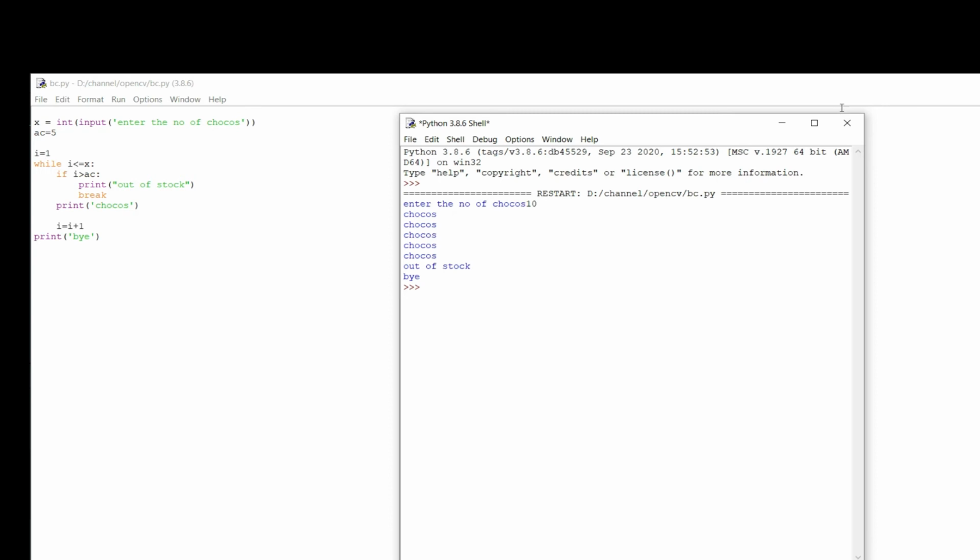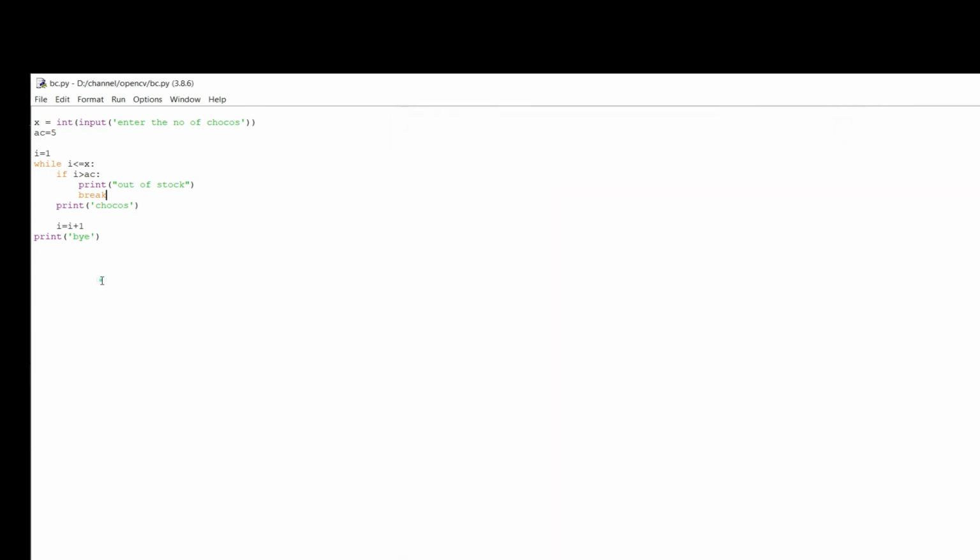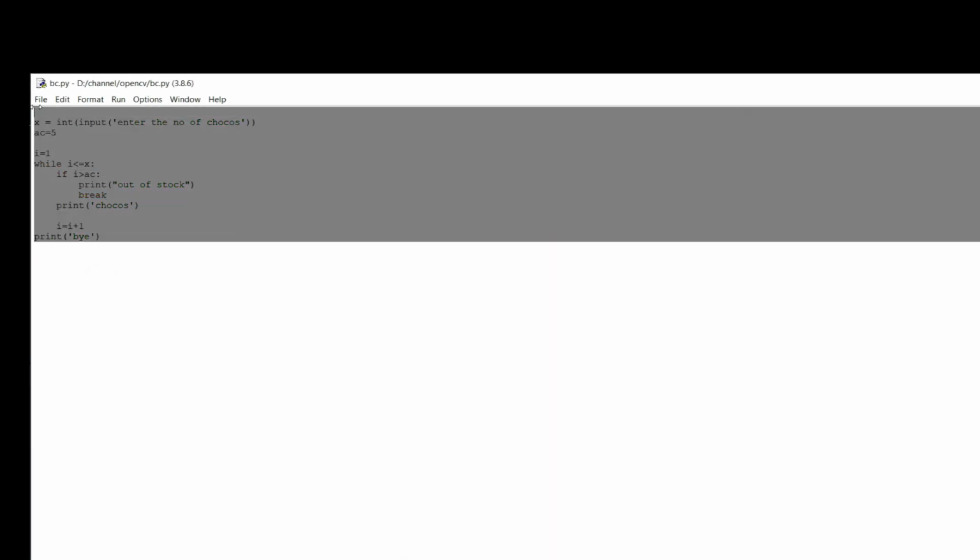Now we have discussed break, and we are going to discuss the continue statement. In this case, I want to check whether a number is divisible by 3 or divisible by 5. Then I don't want to print those values. It means I skip the values which are divisible by 3 and by 5, and I want to print the remaining values.